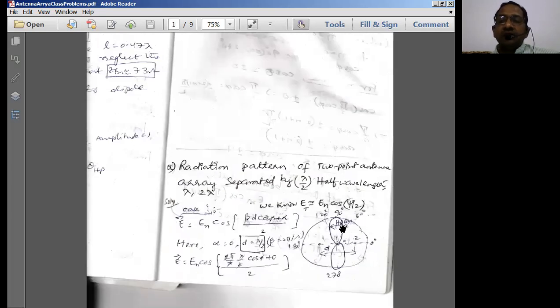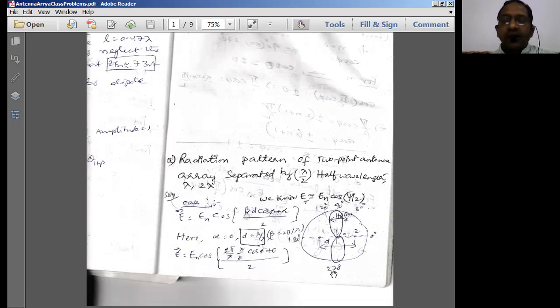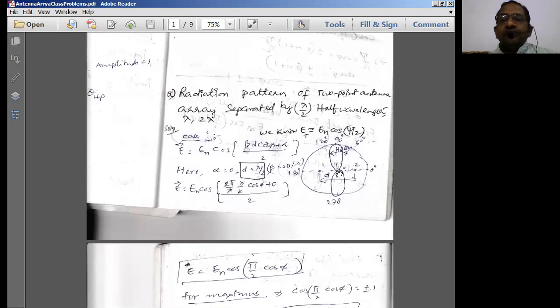How do we draw the radiation pattern? This is the radiation pattern. Here we consider it circular, because an omnidirectional or isotropic antenna is going to radiate in all directions. So we consider it as a circle, even though it is not 100% circular, but still we can treat it as a circular kind of radiation. Now in this radiation pattern, erect a line with an angle of 60 degrees and 120 degrees. Take the protractor to the examination hall and mark the 60 degrees and 120 degrees perfectly using the protractor, and draw the lines accordingly.